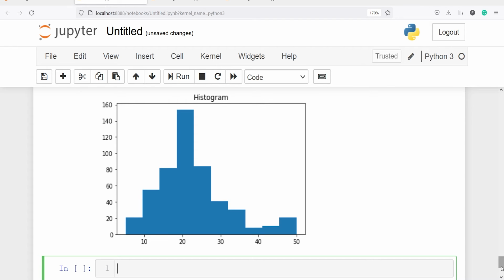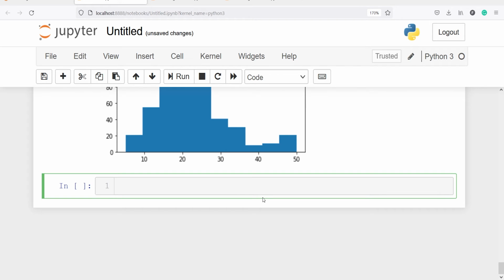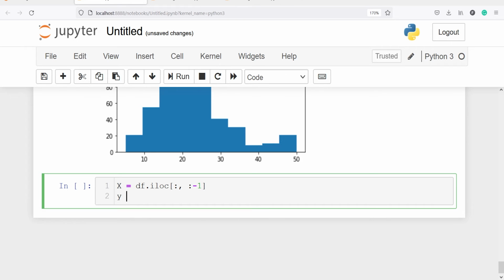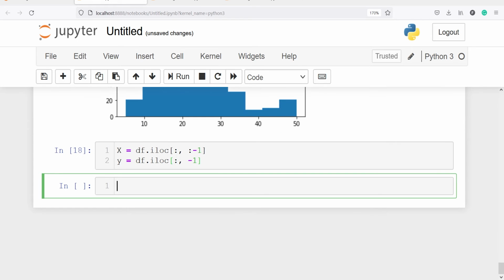Next, we are going to split our data frame into X and y variables. In X, we will have all the independent variables, and in y, we will have our target variable. So I'll make X here, I'll call df, then I will call iloc, I'll make a list, I'll type colon, which means I want all rows, colon -1 means I want all the columns except the last column because the last column is the target variable. Then I will make y as df dot iloc, and in this I want all rows but I just want the target column, so I will write -1 only. Let's execute our code.